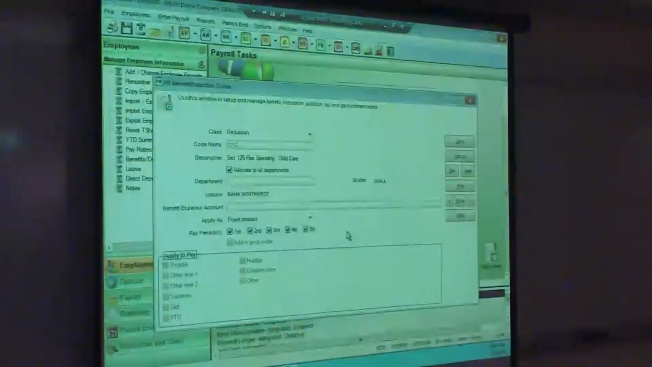So I will leave that to your learning. You can apply it to different types of pay, only regular pay, or to all types of pay, including holiday pay, etc. So this is very flexible. Up here, the deduction,